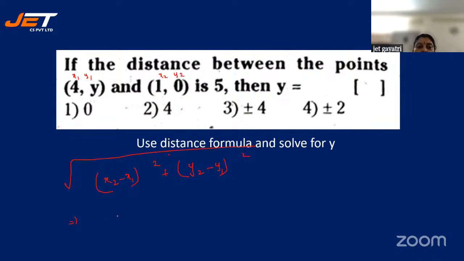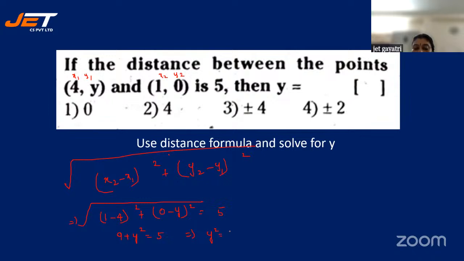So x2 is 1 minus x1 is 4 plus y2 is 0, y1 is y. So this is equal to 5. So 1 minus 4 is minus 3, the whole square is 9 plus y square is 5, which implies y square